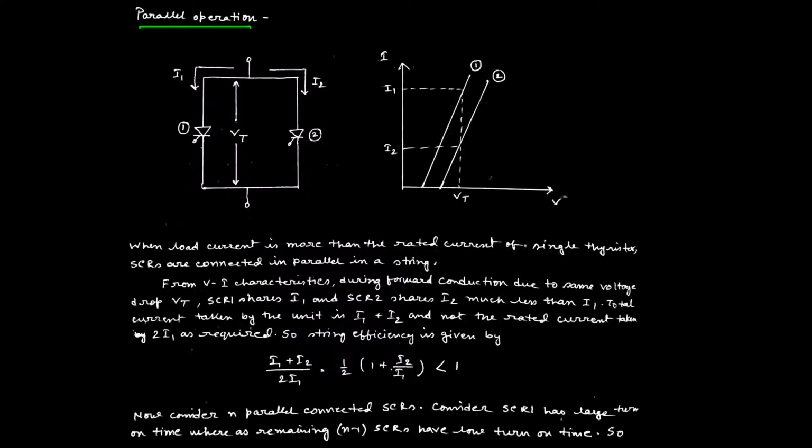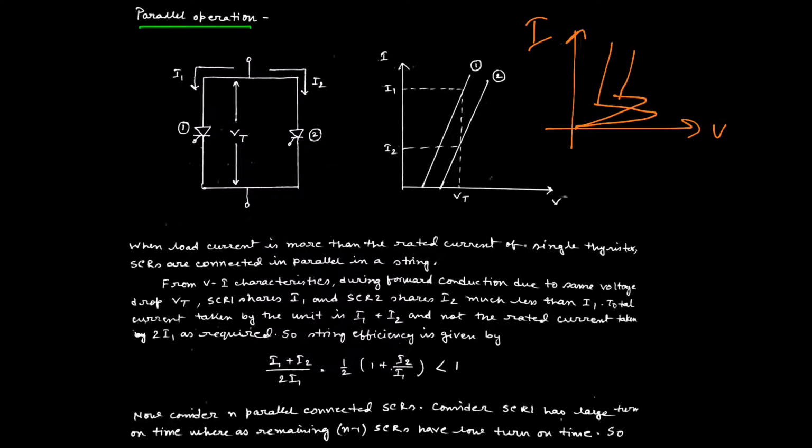In the VI characteristics of both thyristors, we have taken only the conduction time. That is why this is the conduction period of thyristor T2 and this is the conduction period of thyristor T1. If we assume the internal characteristics of both thyristors, and consider this is V and this is I, then the characteristics will be for thyristor 1, this one, and for thyristor 2, this one. But in this particular case, the lower part is actually confined to the breakover voltage. That is why we are not focused on this particular case.